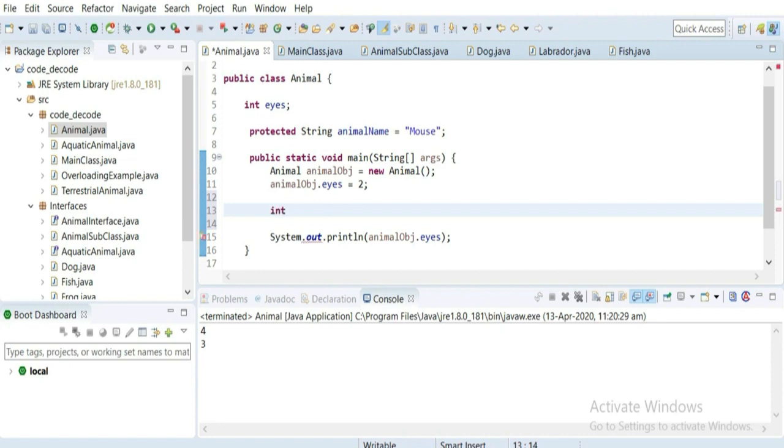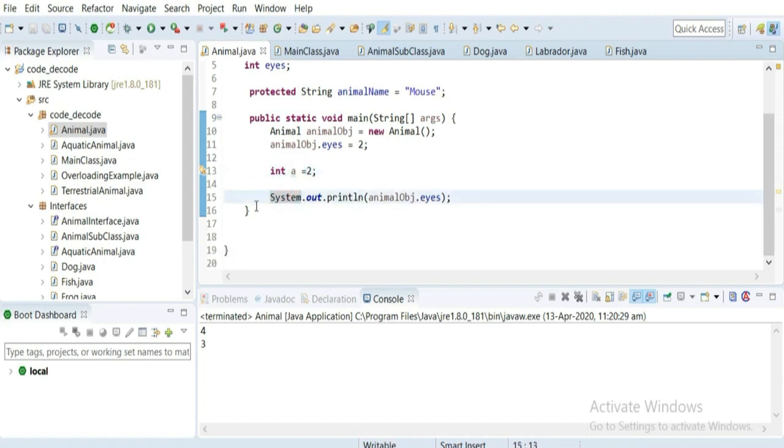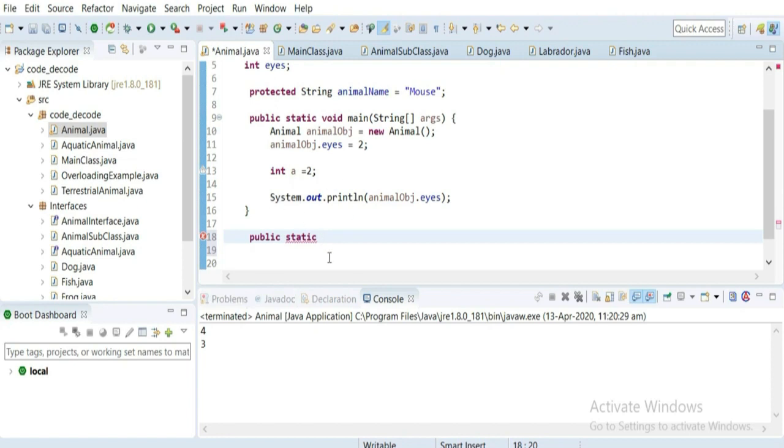You know the local primitive variables. So I'll create a local primitive variable, int a equals 2. Why is it a local primitive variable? Because it is initiated inside this particular method scope. That is why it is local, and this is primitive. I'm going to create a particular method, say public static. Why static? Because I want to access this method in my static void main, and to access a static method you have to make that method also static. So public static void change